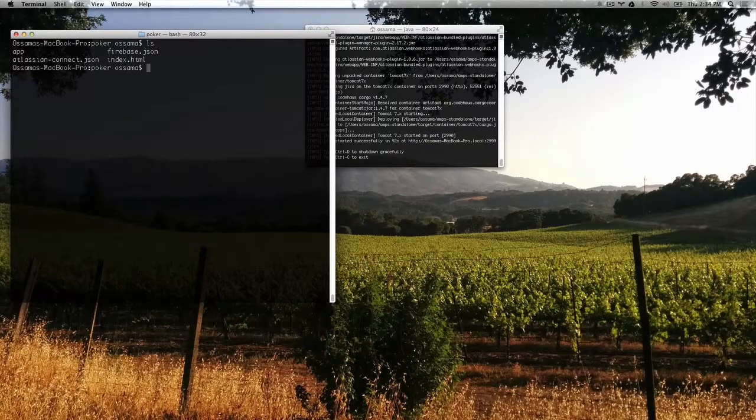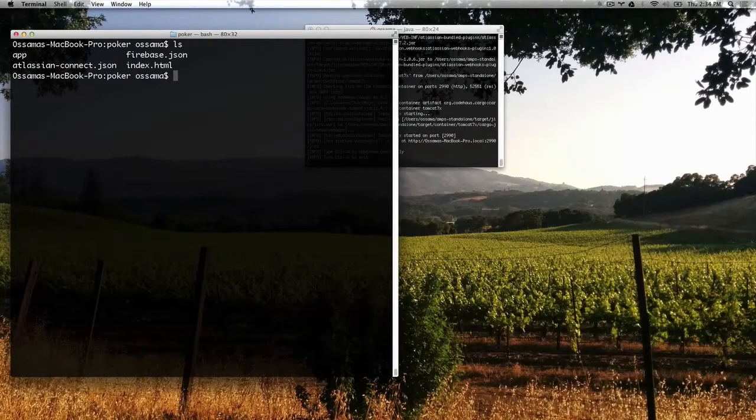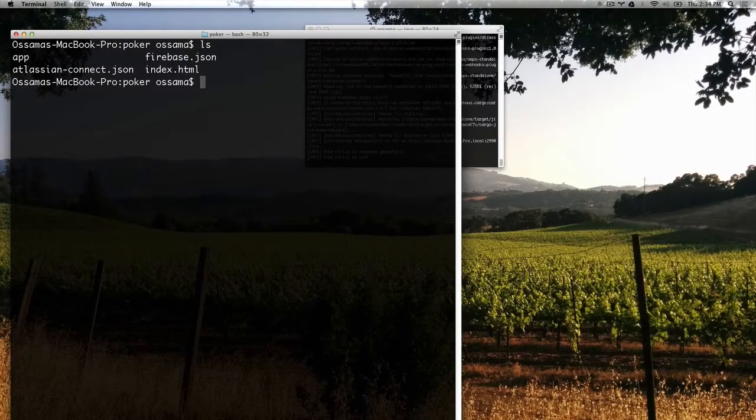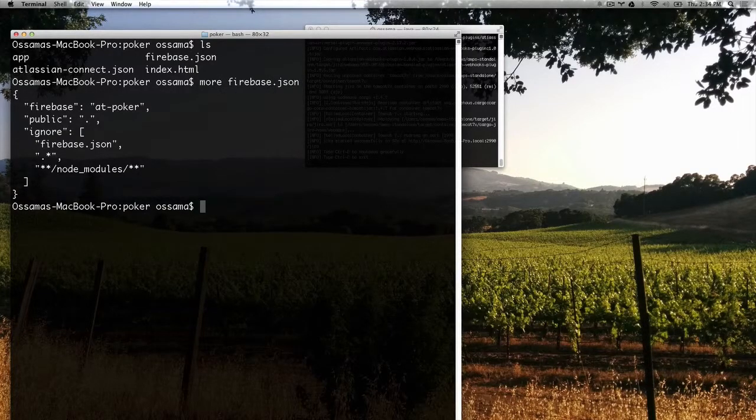What firebase init does is it generates that firebase.json file. All that is the configuration file. I'm pushing it out to at-poker. The public directory is here, and then I can ignore things or set up redirects or whatever you would expect with a hosting product. So now that I've already set that up, I just run firebase